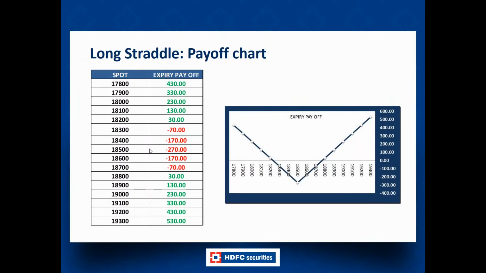So here, if it expires between 18,200 and 18,800, you will incur some kind of loss. But if it starts moving below 18,230, you have unlimited profit, however much it goes below 18,230. And if it goes above 18,770, that also is unlimited profit, however much it goes above 18,770. So it's a good strategy to do in a volatile market where you expect a big movement, especially